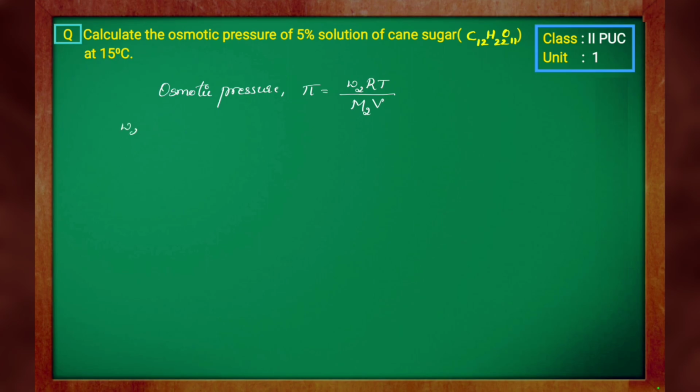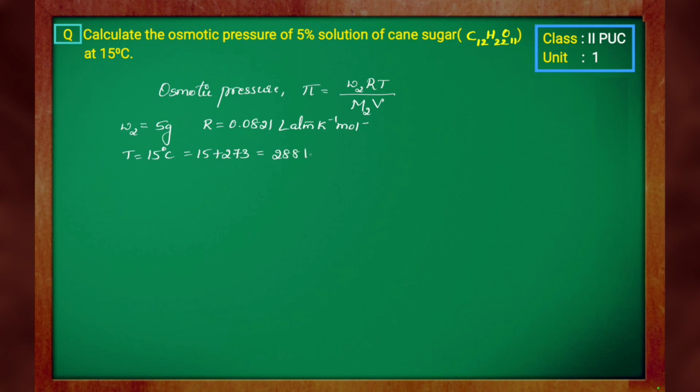So I can write weight W2 of sucrose, which is 5 gram, and the value of R is 0.0821 liter atmosphere per Kelvin per mole. So temperature they have given us as 15 degree centigrade, which is equal to 15 plus 273 Kelvin,